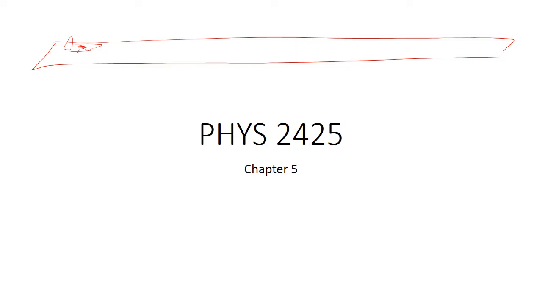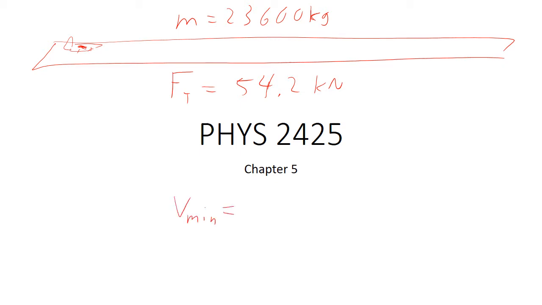Let's say that the mass of the jet is 23,600 kilograms. It's going to be on a training flight, fully loaded. And let's say that the engines on the jet have a thrust of 54.2 kilonewtons. Let's say that this jet requires a minimum airspeed, so the slowest it can be moving when it takes off is